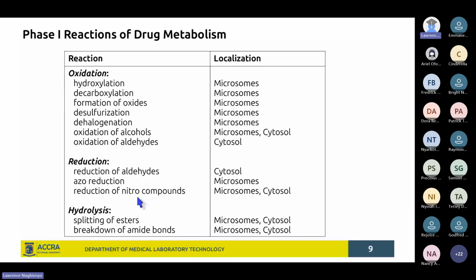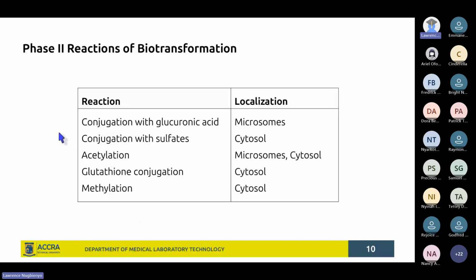And then hydrolysis will be breaking down of these drug molecules into two or more molecules, particularly splitting or breaking down of some ester bonds, breaking down of amide bonds. Not limited to only this. It is the splitting of molecules into two or more smaller molecules, some hydrolytic reactions. We'll take a look at some of those examples. So that's phase one. Now phase two,